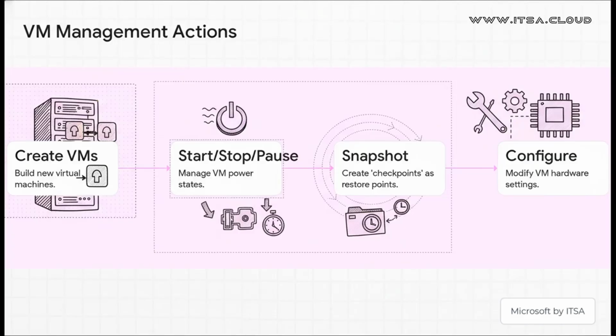Now, let's dive into that first pillar, VM management. These are your absolute bread and butter actions. You're creating new virtual machines, you're starting and stopping them, and you're constantly tweaking their settings. And number 3, snapshots. Or, as they're now called, checkpoints. Oh man, this is an absolute lifesaver. It lets you capture the exact state of a VM at a single moment. So if a Windows update goes sideways, you can literally just rewind back to that safe point in an instant.